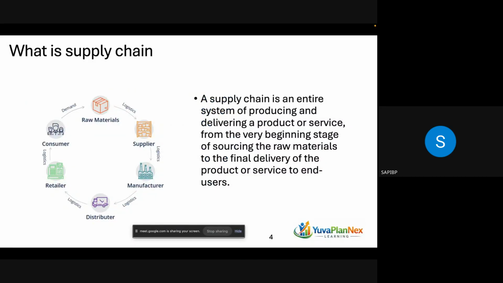Before going into IBP, let's start with the simple supply chain: what the general problems are and how we manage the supply chain. Many of you know this because you're already from APO. Basically, the supply chain is the movement of demand from the downstream nodes to the upstream nodes, and against that, the movement of supply from the upstream nodes to the downstream nodes of your supply chain.